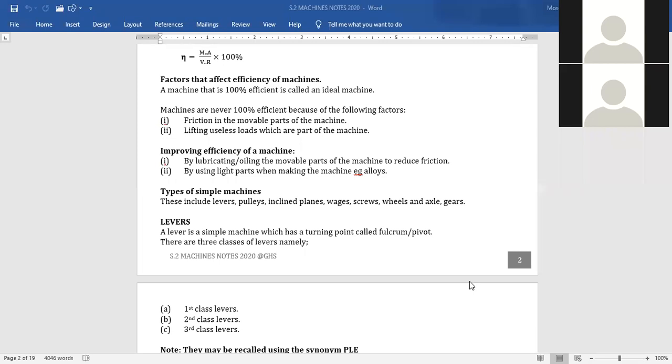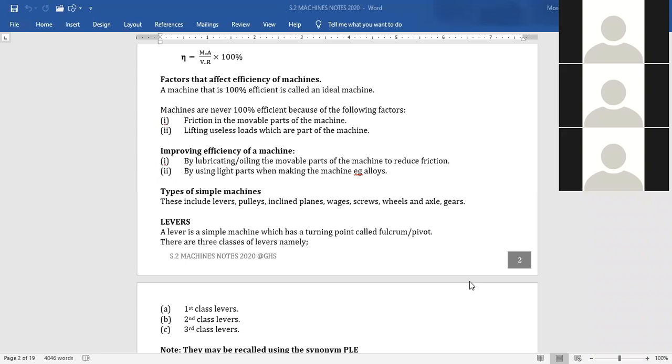Jacinta, are you listening? Can you read for me the factors that affect efficiency? Factors that affect efficiency of machines. A machine that is 100% efficient is called an ideal machine. Machines are never 100% efficient because of the following factors: friction in the movable parts of the machine, lifting useless loads which are part of the machine,